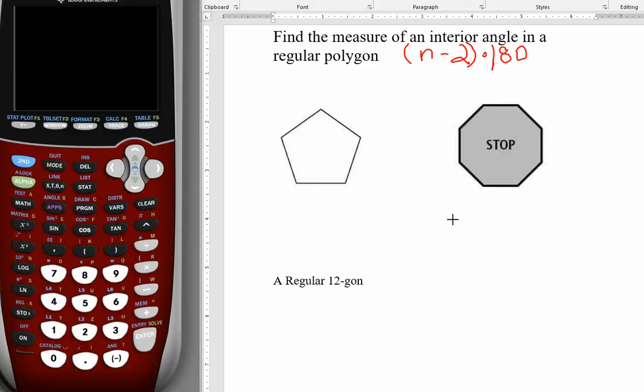So, if we want to find just one of those angles inside of a regular polygon, because they're all congruent, we take that formula and slice the pie up, for lack of better terms, dividing it evenly by the number of angles. That would be n, based on the number of sides. When we look at this pentagon, there are 5 sides, so we plug 5 into the formula: 5 minus 2 times 180